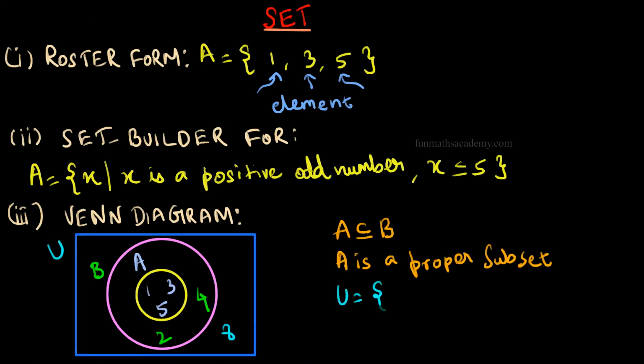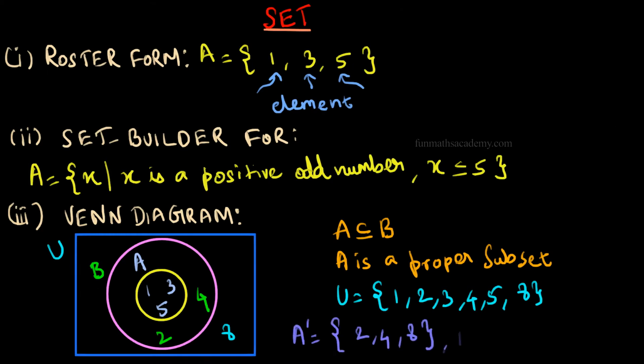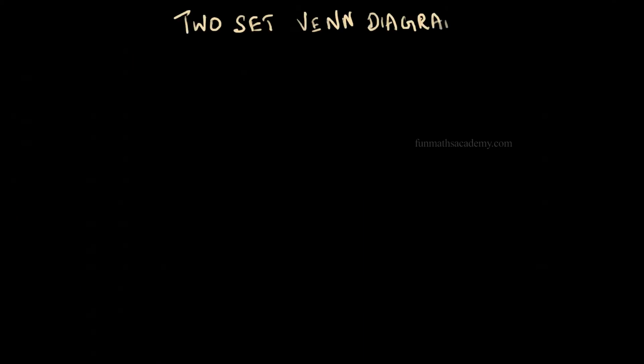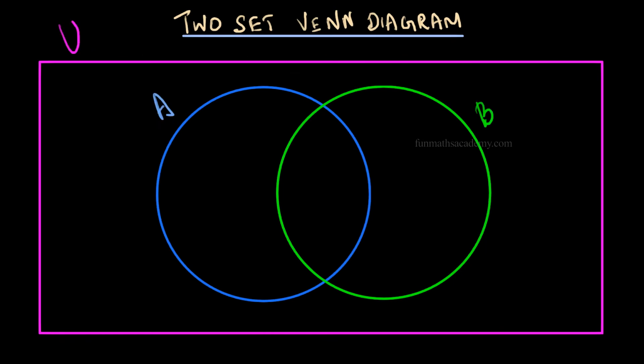The set containing all elements of the problem under consideration is called the universal set. And the set that contains every element of U that is not in A is called the complement of set A. In a Venn diagram, the universal set is represented using a square and every other set is represented commonly as a circle. When a universal set and two other sets, say A and B, are considered, then four regions will be formed in that Venn diagram.